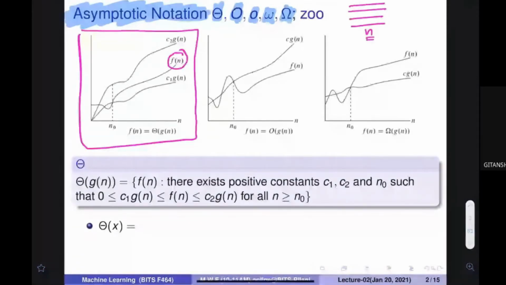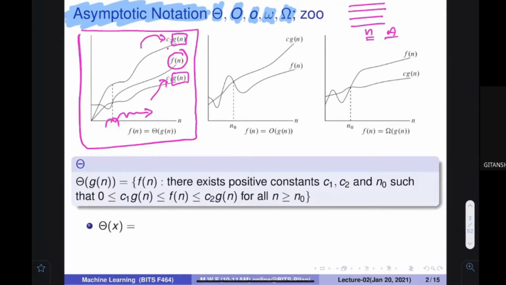So if we want to understand the behavior of an algorithm, we have to see it from the perspective of some known function. Let us consider that there is some function g. Is it possible to multiply constants c1 and c2 with the same function, so that after some point this function is inside the boundary of c1g and c2g?